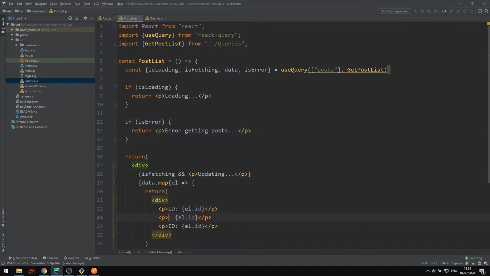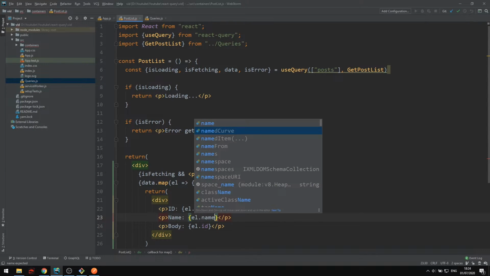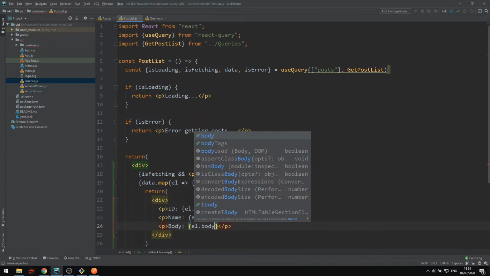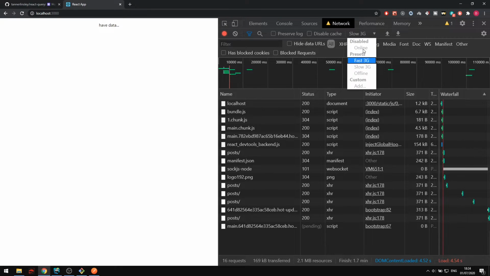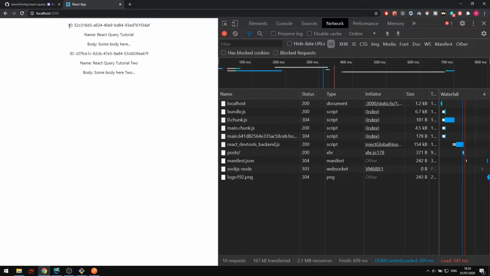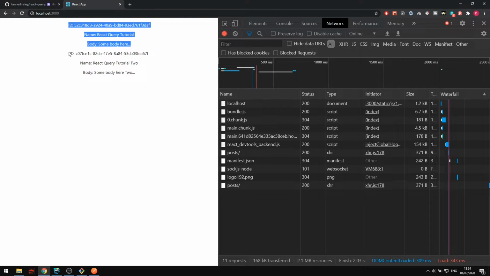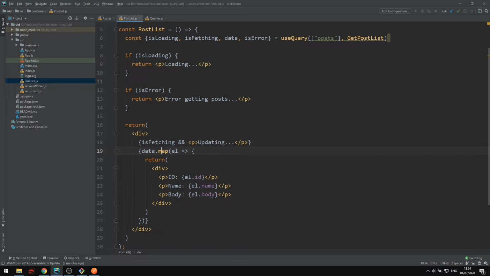Let's grab the name and the body. So name, body. I'm just going to set this to fast now. So you can see we have the first one here and we have the second one here. So now I'm going to